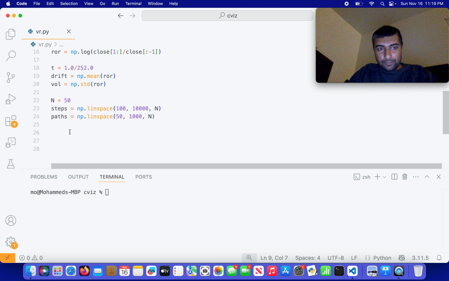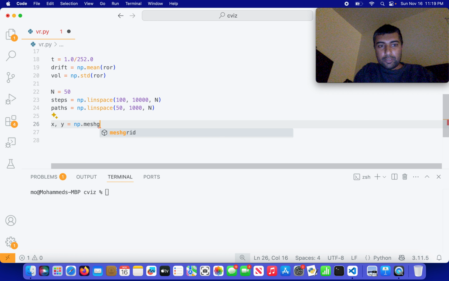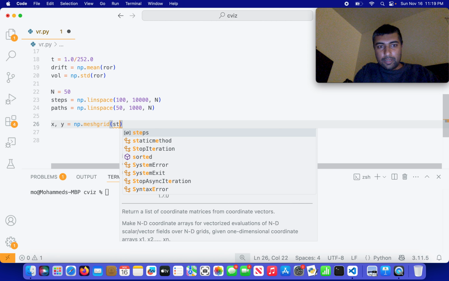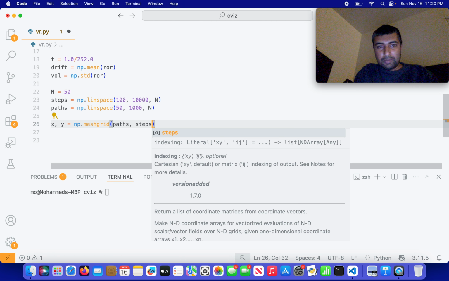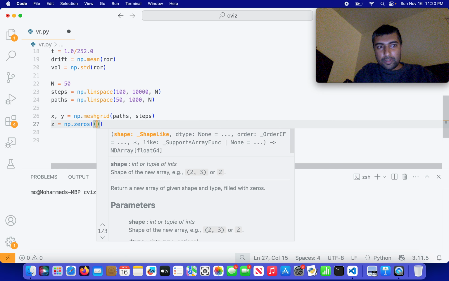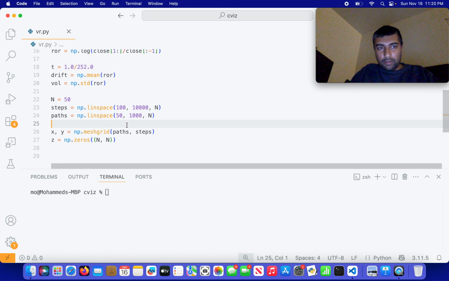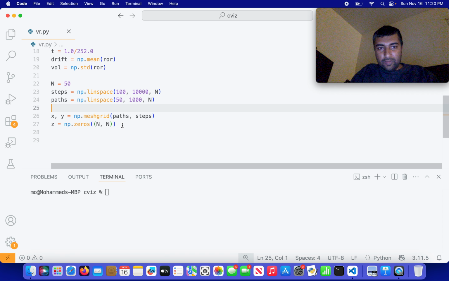So now I can do x and y equals numpy.meshgrid of paths and steps, and then z is going to be numpy.zeros of n by n. Okay, so now that I have that,